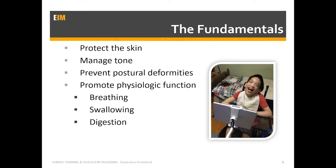We also need to follow the golden rules. We still need to protect the skin, make sure that stays intact. We need to manage tone, and how we manage tone can be very different depending on what type of diagnosis we're talking about. It could be we're trying to increase low tone. It could be we're trying to decrease high tone. It could be we have real dystonic movements or very athetoid movements. So how can the kiddo get the best control of those body segments or those limbs